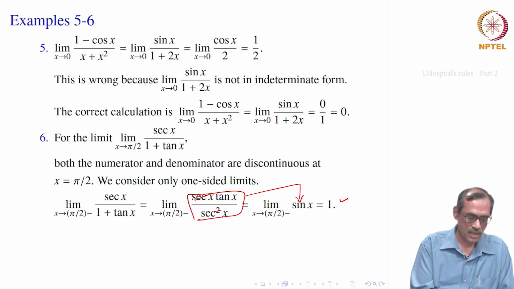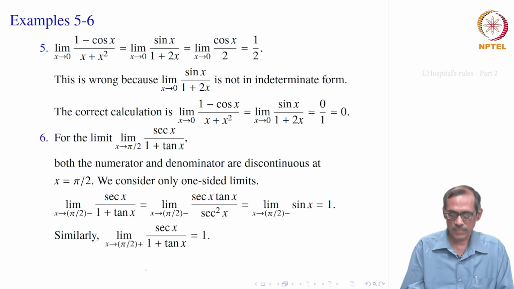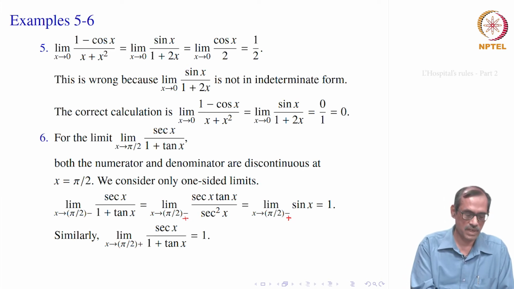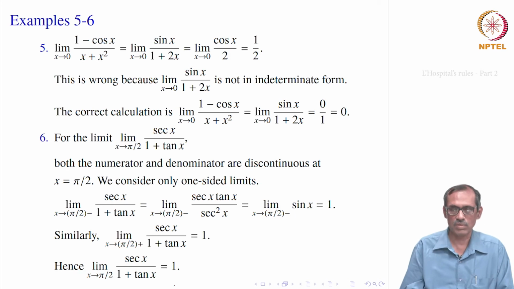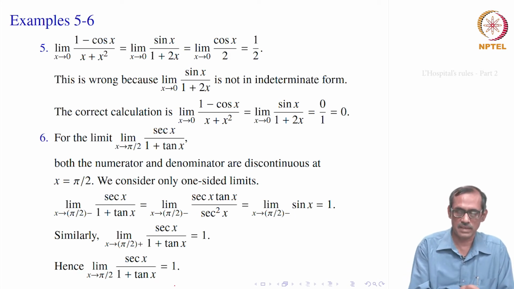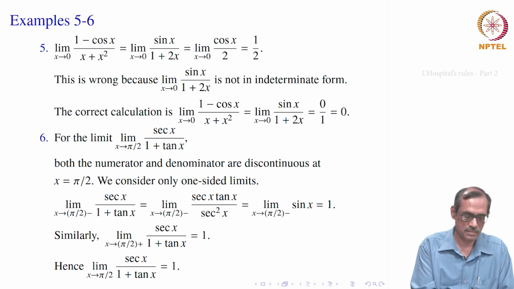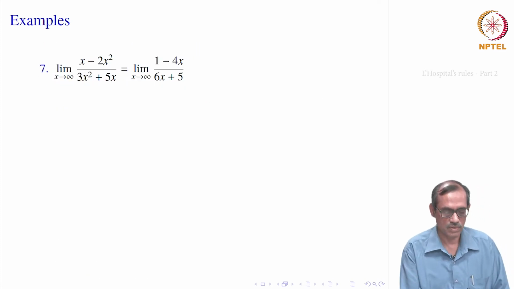All right. So, let us take the right side limit, when x goes to pi by 2 plus. Again here on the top it becomes only plus, the same thing, and it is sin x, that is also 1. Therefore, we say the limit of the given function is equal to 1. Sometimes we have to take one sided limits this way. Let us go to the next problem.